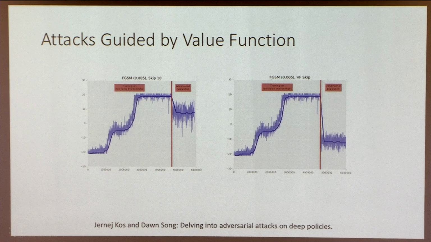So here we also looked at how the attacker can do smarter attacks. The result I showed in the previous slide is where the adversary perturbation is injected into every frame. But that is quite costly in terms of what the attacker needs to do. So we looked at how the attacker can be more intelligent in adding perturbation. Instead of adding it to every frame, it may only need to pick certain frames and still have an effective attack. We showed that the attacker can use a value function learned from the neural network to guide when to add the perturbation. It only adds a perturbation once the value function goes above a certain threshold. Even though the attacker adds perturbation to only a small fraction of the frames, the attack is still very effective. And here's a video